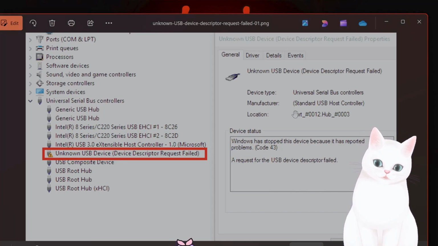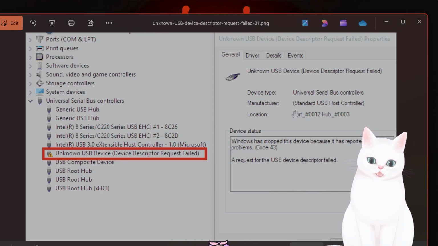Hello everybody, in today's video I'm going to show you how to fix this very annoying unknown USB device error